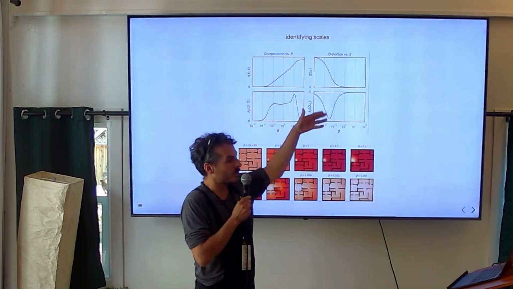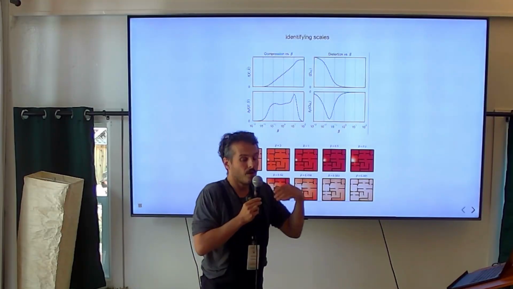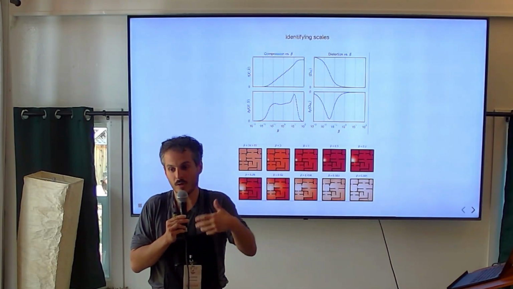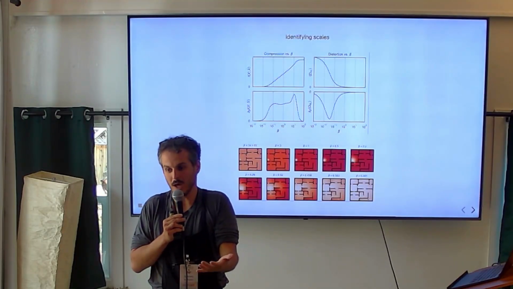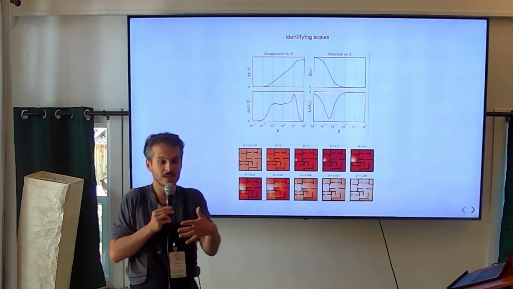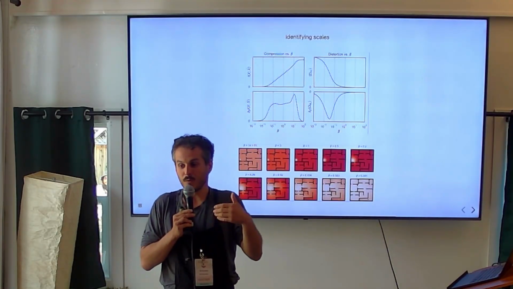So this is the distortion. We can think of this as: when we change beta by a little bit, how much do we really decrease our predictive errors? It's kind of a signature that we're hitting some kind of structure in the system that makes us predict worse and worse and worse.